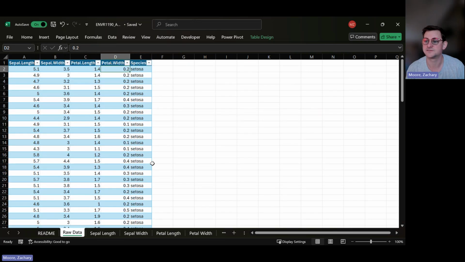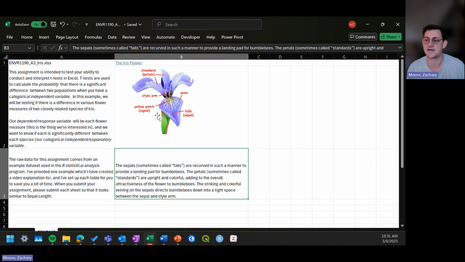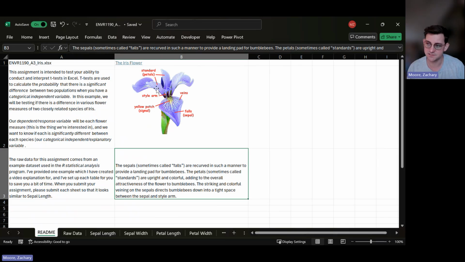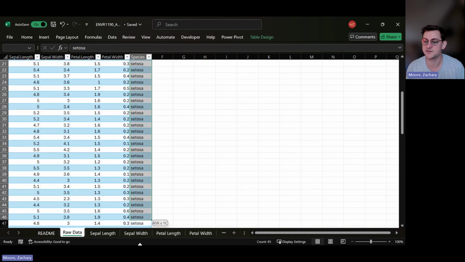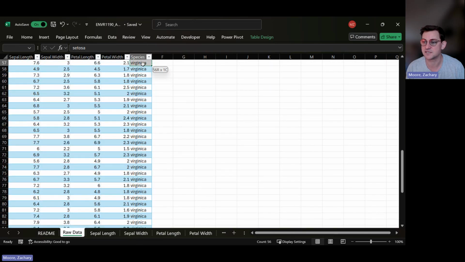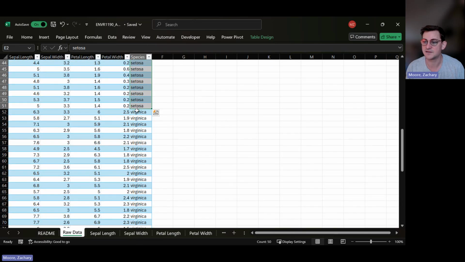And then we have different measures in this kind of wider data set of independent variables, which is the petal width, the petal length, the sepal width, and the sepal length. And what these are, they're parts of the flower. So we have our standard petals, and then we have this kind of modified sepal, which is where the bee lands. And we have lengths that they've measured for 50 different plants, 50 different flowers of Setosa, and 50 different